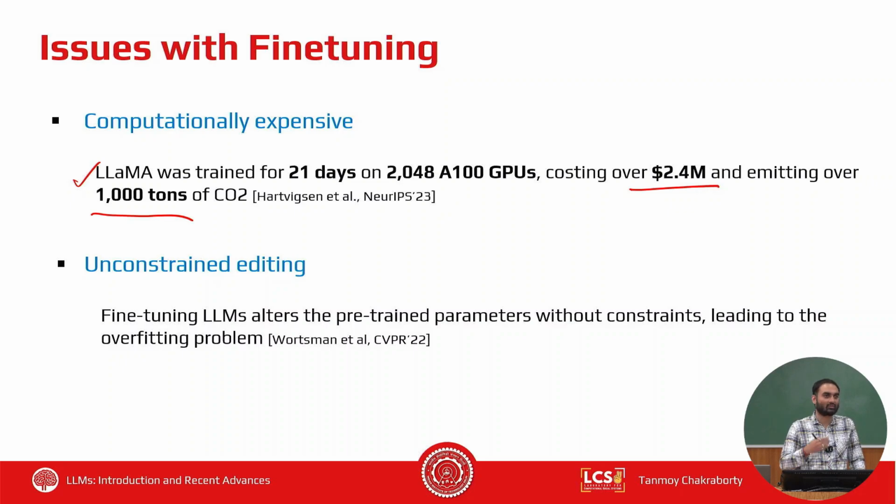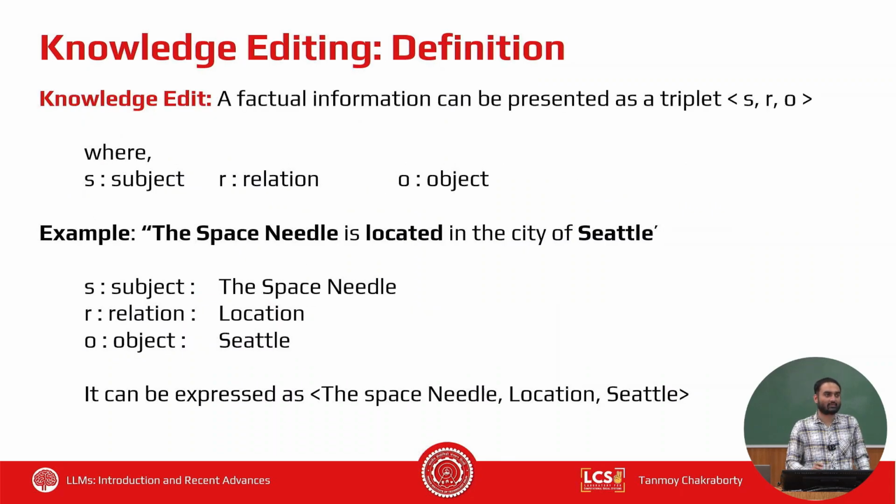Because this kind of fine tuning is unconstrained, where you are not putting any constraint, you are saying that, look, we have this LLM and this set of facts, and I want to fine tune the LLM based on these facts. I just do a normal, task specific fine tuning, right? The model will get biased in the sense that it may forget some of the pretrained knowledge. We'll see in the later part of the lecture that if you do full fine tuning with the updated knowledge, the model will start forgetting some of the pretrained knowledge. So what's the remedy then?